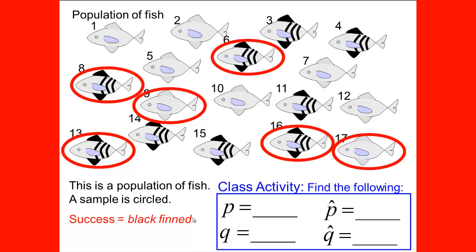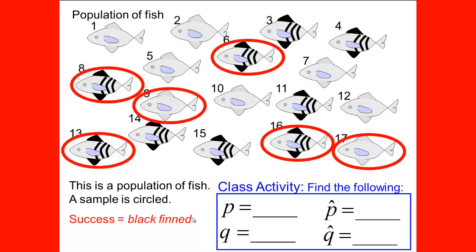So your class activity or quiz is to fill in the boxes here, and to remember that P and Q are for your population, which would be for all 17 fish, and that P hat and Q hat are for your sample and are for just the circled fish. For our 6 circled fish, 4 have black fins,